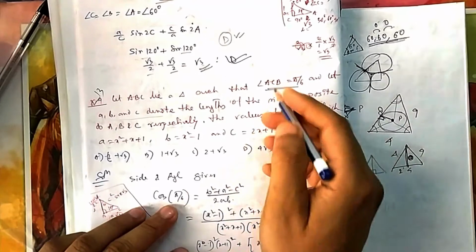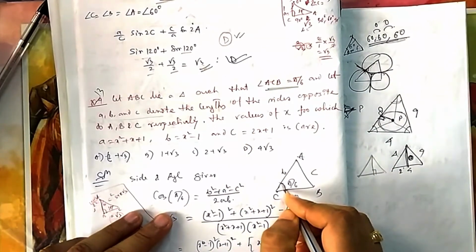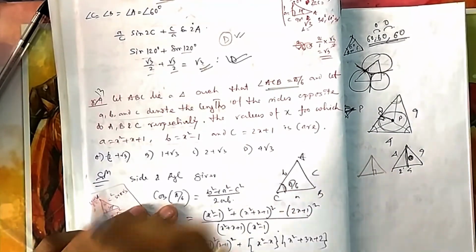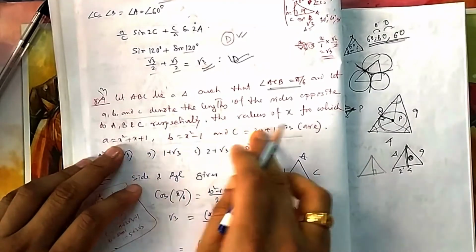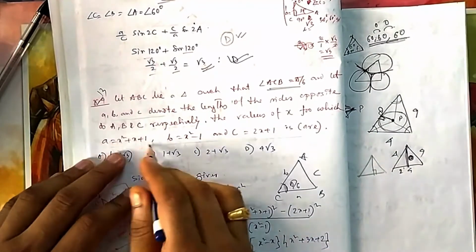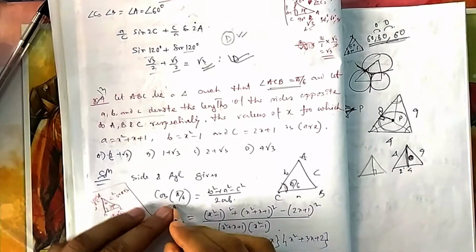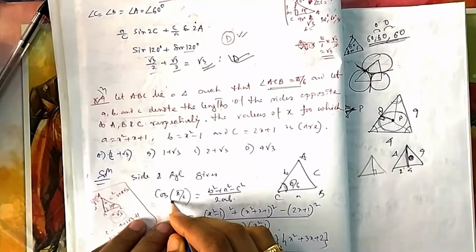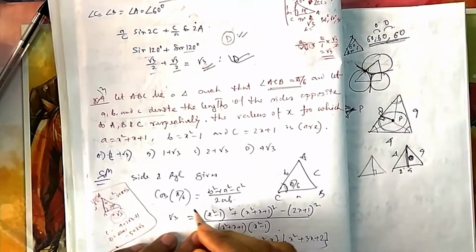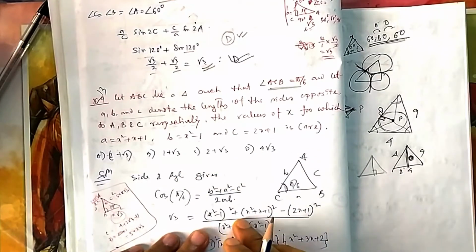So why don't you, because one angle is given, just find ABC, which is also given. You put it there, you will find the expression of x, then solve, because everything is given in terms of x. So what is the best way? The relation of A, B, C with cos, so cos of this one is equal to this, so it becomes very easy, not so complicated.